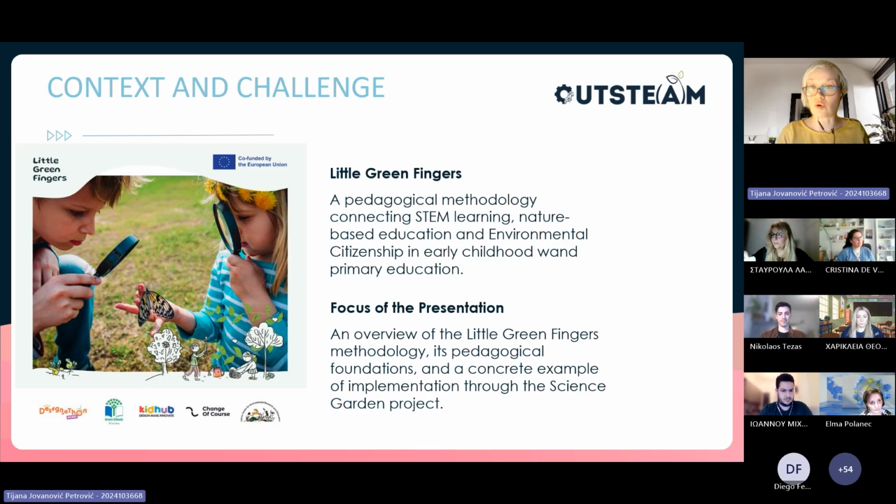So this presentation explores how outdoor play can become a meaningful pathway toward environmental citizenship in early STEM education. So our main goal was to really connect science with citizenship, like to start this agency, the idea of agency very, very young.